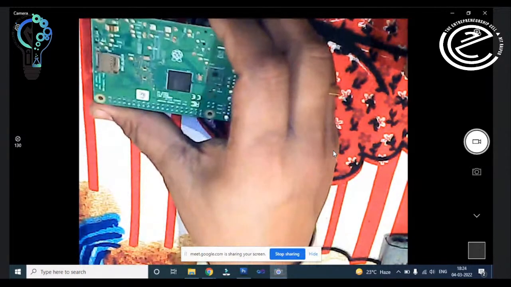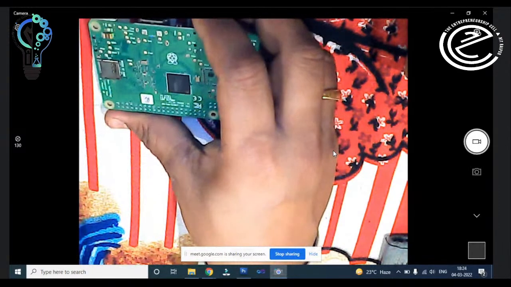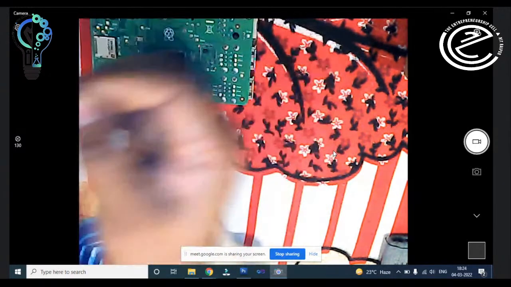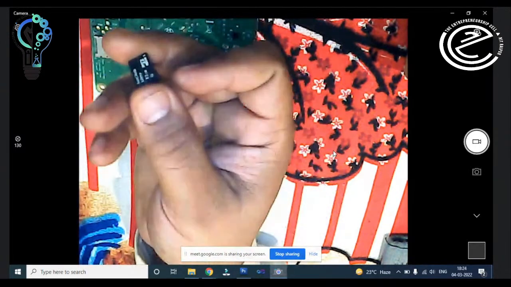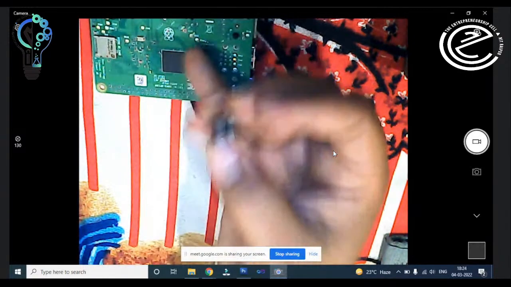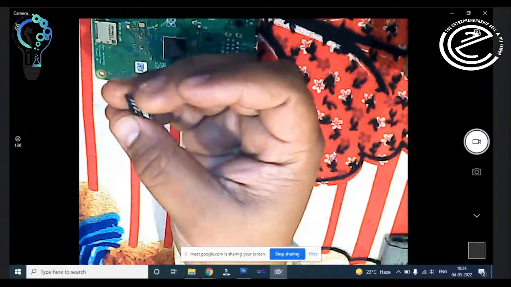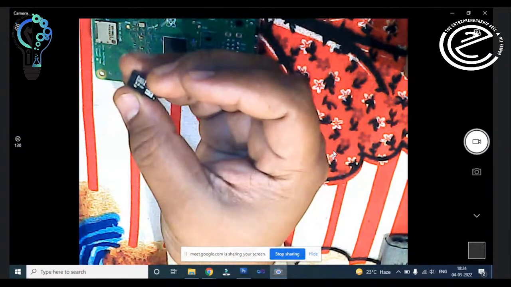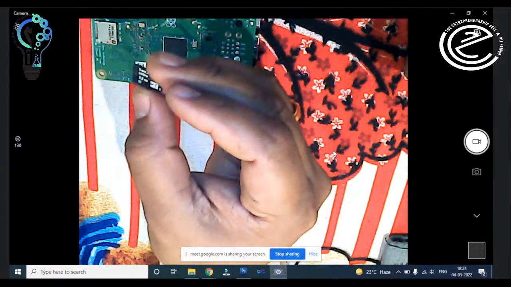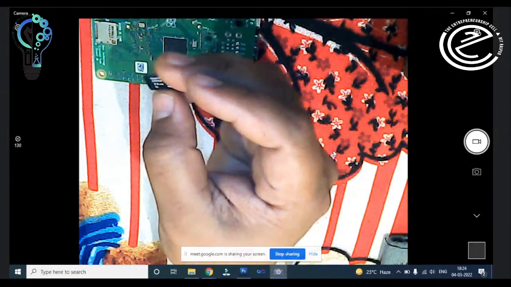So you need to use at least 16 GB card, then it will work properly, because your hard disk is the memory card, your RAM is the memory card, everything is your memory card. So this Raspbian OS distributes the memory space of this memory card between 2 or 3 different spaces, right? It also extracts the size for RAM through this memory card, right?